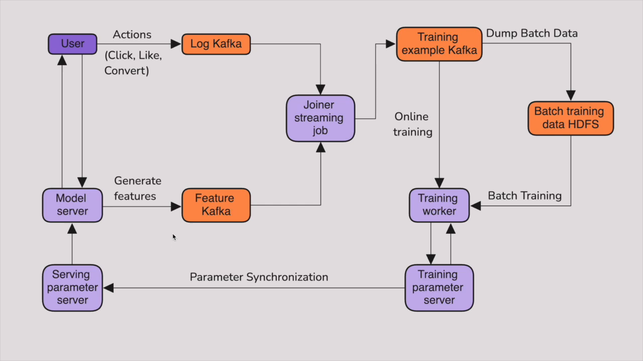Also, as you can see at the bottom of the diagram, they have training parameter servers and serving parameter servers. So these are the servers that hold the weights of the model, and the training parameter servers get updated from both the real-time data and also the batch training of the model. And the serving parameter servers, these are the servers that are responsible for serving those weights in the model in